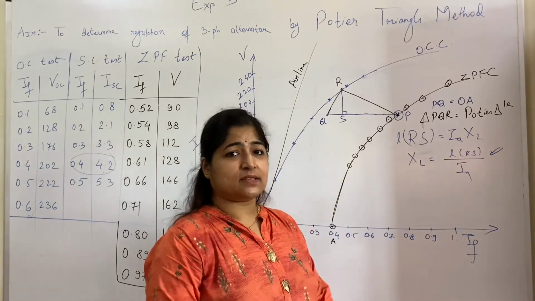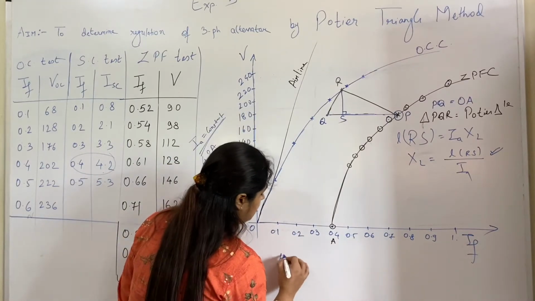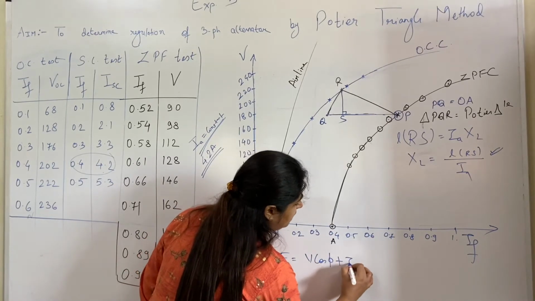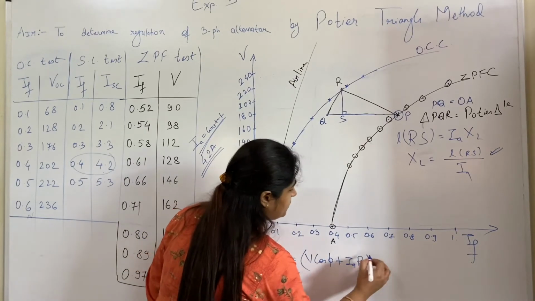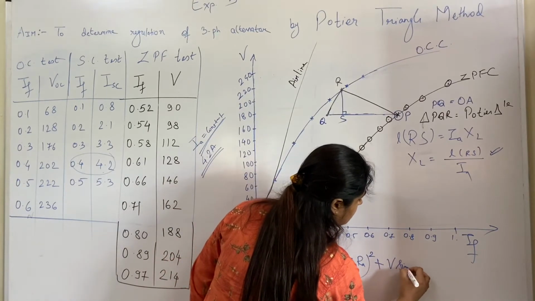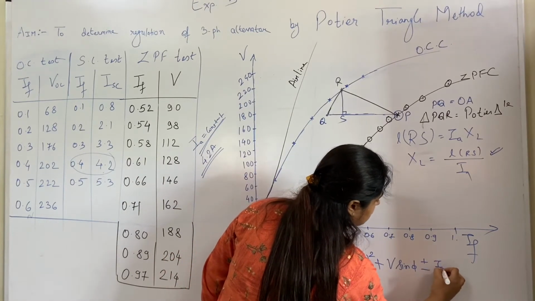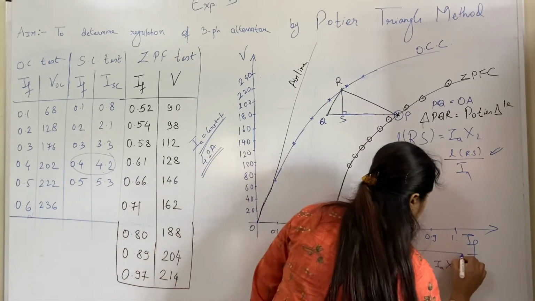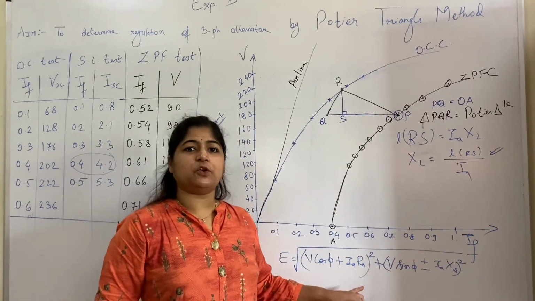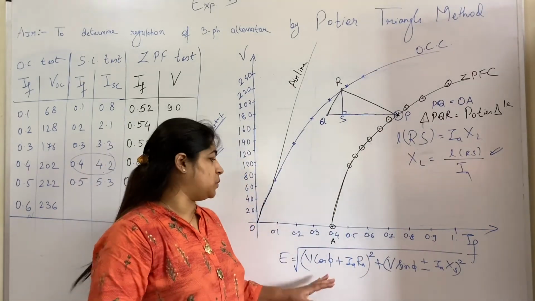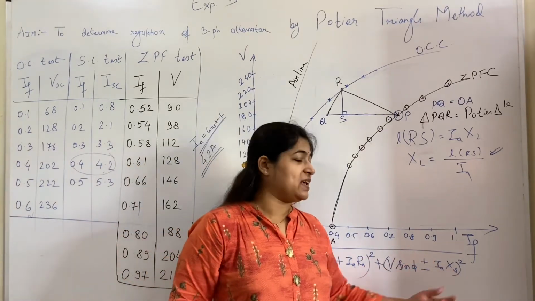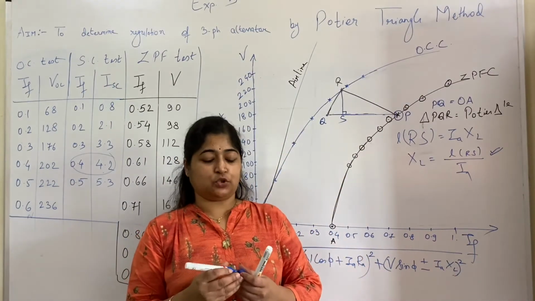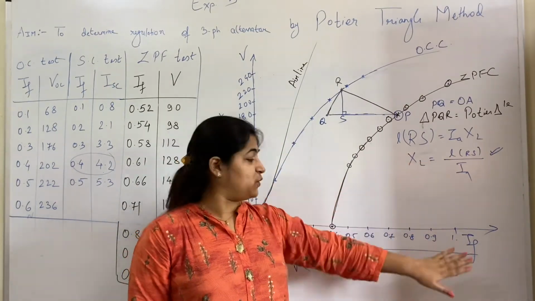So this will give you value of XL, and once you got this value of XL, then exactly by the same principle you need to substitute in equation of EMF. What is EMF? E is equal to the square root of (V cos phi plus IARA) the whole square plus (V sin phi plus minus IAXL) the whole square. Now this is the equation of EMF we use in the previous experiment. Exactly same EMF equation you need to use. Only in place of XS you need to use XL. So XL is the more accurate value to substitute here.